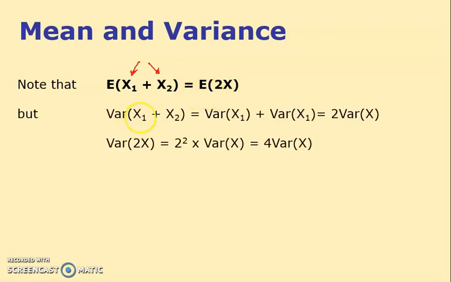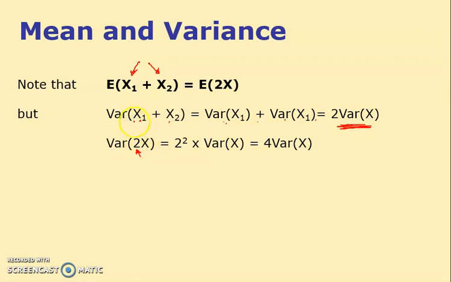It doesn't work with variances though, be careful. The variance of one plus the variance of the other. Notice it's equal to the variance of one plus the variance of the other. So that's 2 variance of x. But if I have a 2 in there instead,